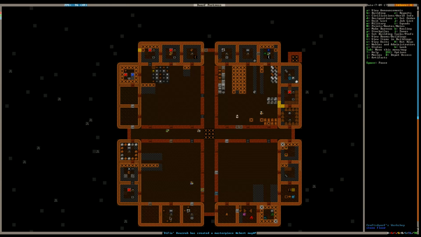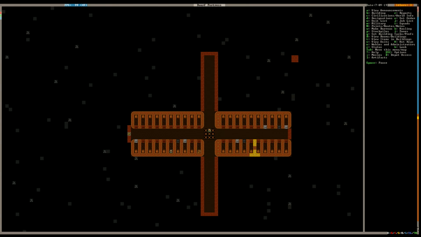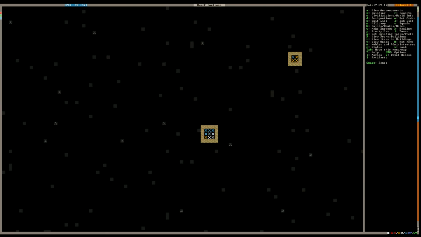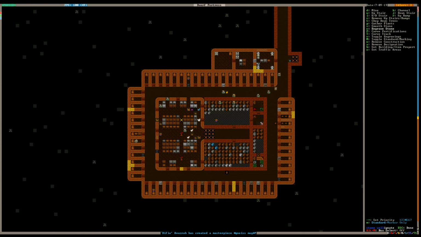I really like the look of the engraving on the floor. I think it looks really nice. Especially with no rocks around, I think that the fortress is starting to look very well. Very, very nice. Is there really anywhere else that we need to engrave at this point? I mean, pretty soon we're going to have to,